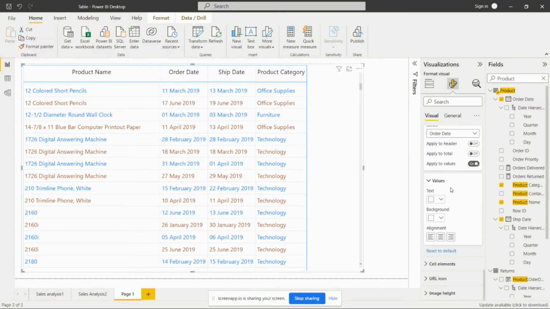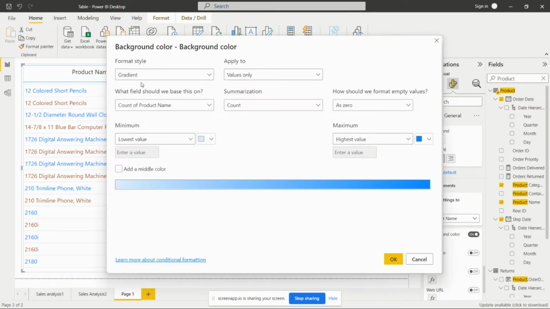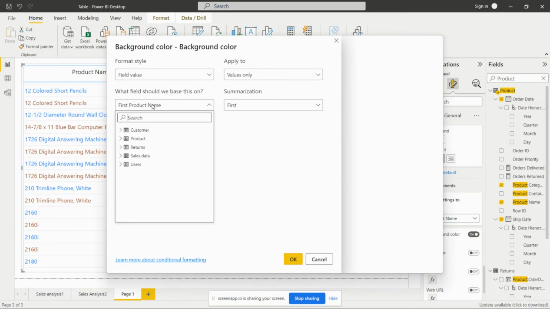Okay, then for values we can set the text and background color. Alignment we can set for values also. This is the cell element. So if we want to give a particular background color to a particular column, then we can set this by using the,